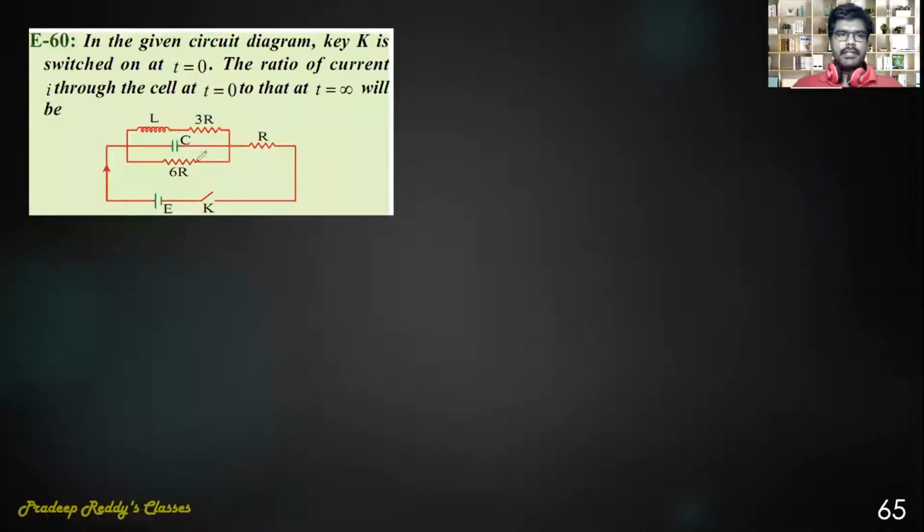Coming to this problem, when you switch on this key, you are connecting voltage E here. Immediately when you switch on the key, current flows through the circuit. But there is one resistor and inductor connected in the circuit. Therefore, you can compare inductor and capacitor. If you compare these two,